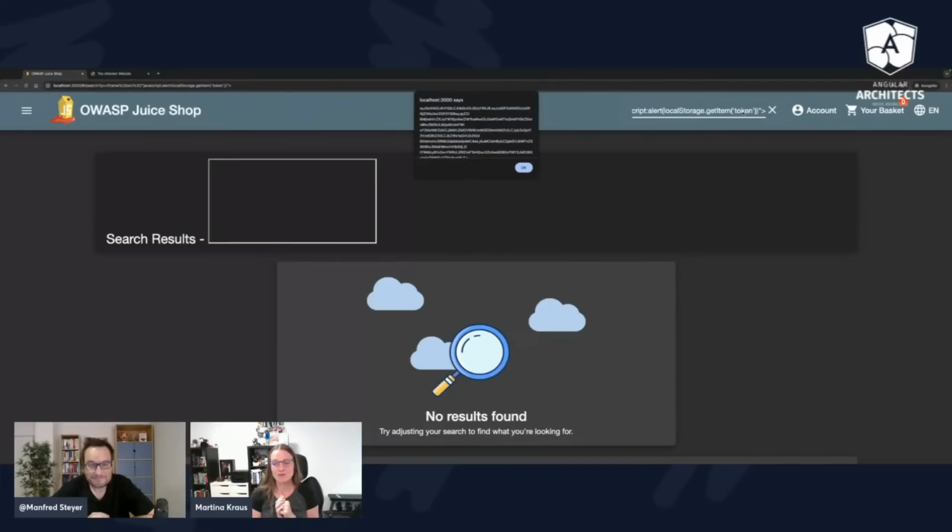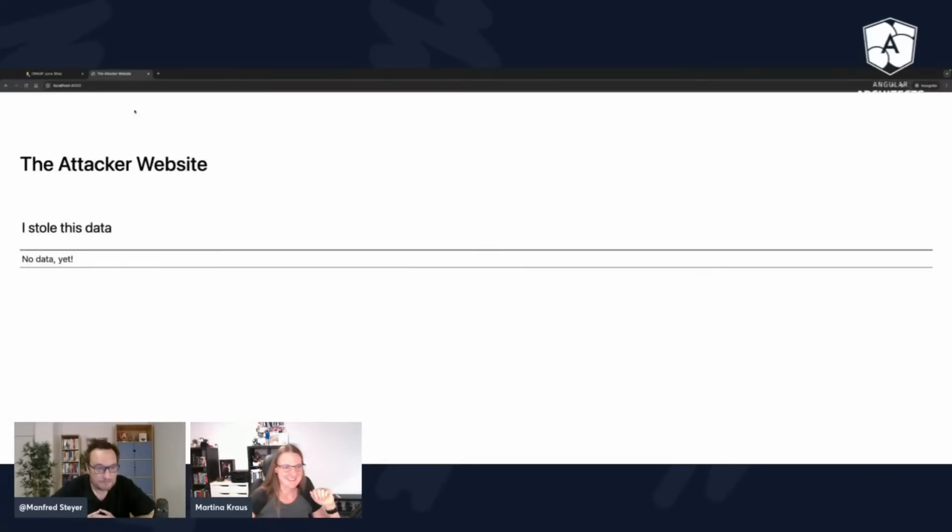So what would be the last step of actually stealing the credentials? Perhaps a hyperlink where you send it over to your own domain, to a dynamic website that grabs this token out of a parameter and stores it somewhere. Absolutely. I make it a little bit easier even. I have here a running attacker website. It's on localhost 4000.